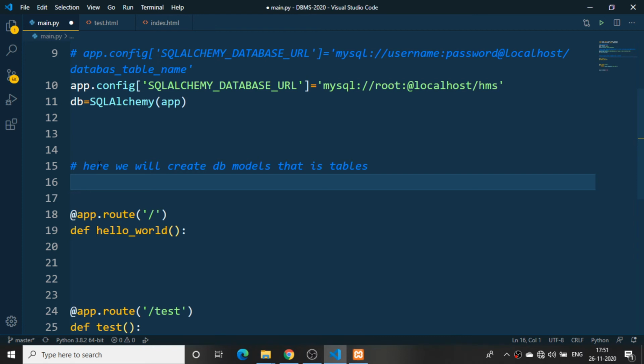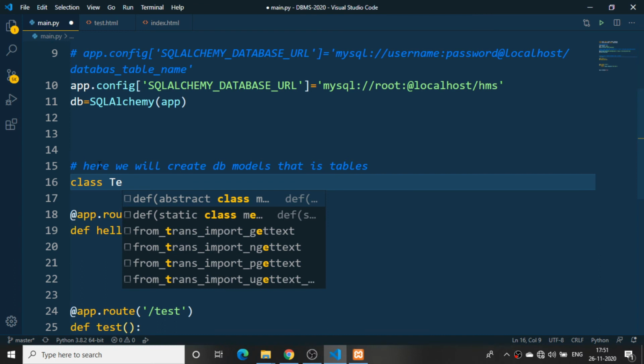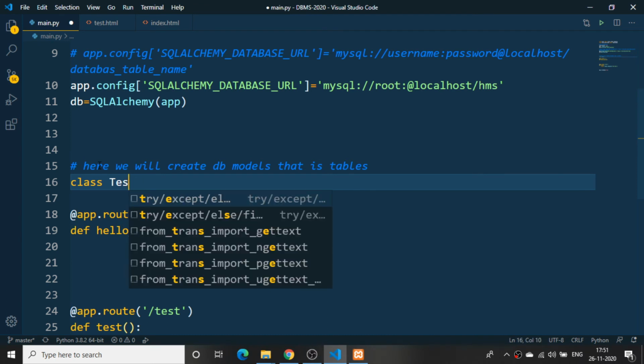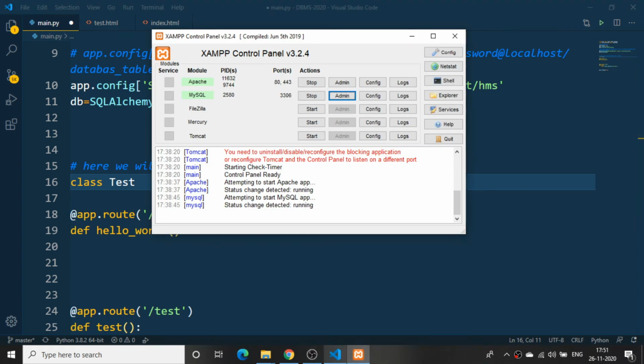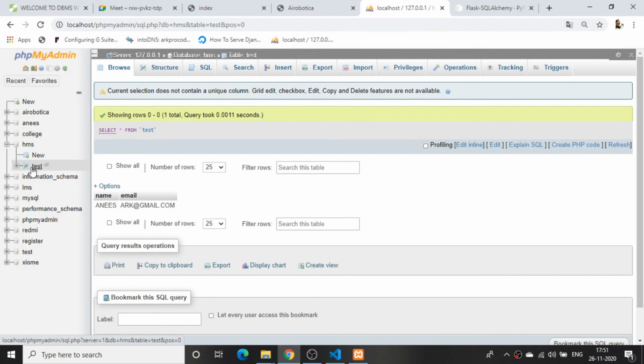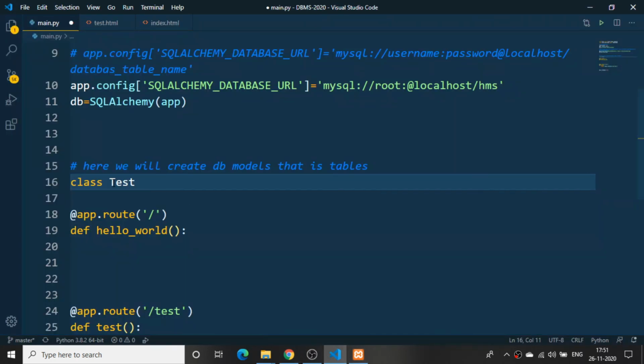We'll be using a class name. I'll give it the first letter as a capital letter, Test. Why am I giving Test? Because my database table name I have given as test here. So I'm using the same name, but with the first letter as a capital. So here I'll tell this should be a db.Model.